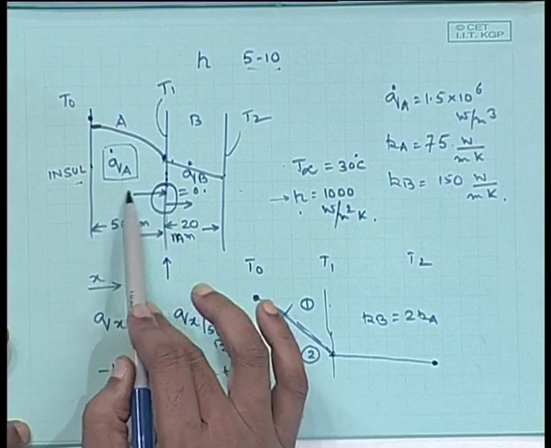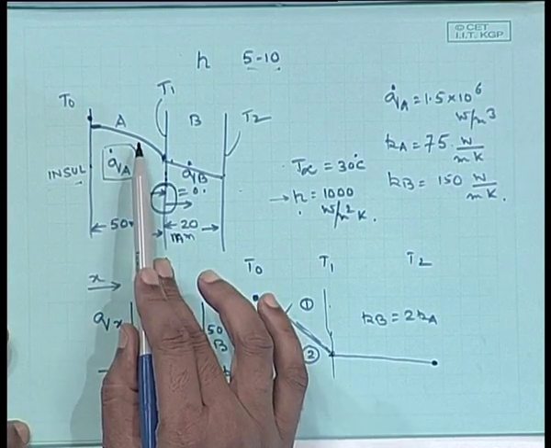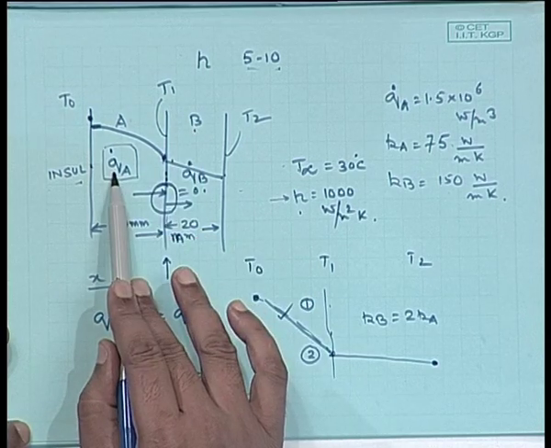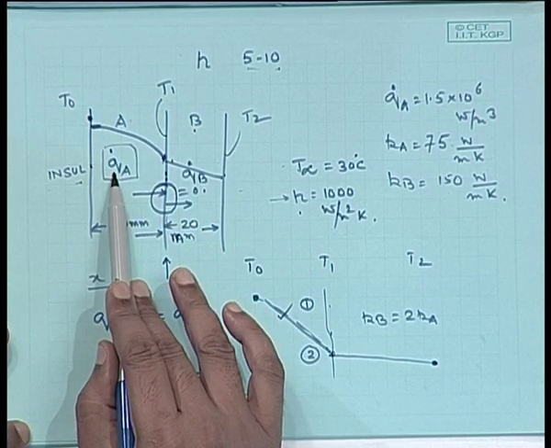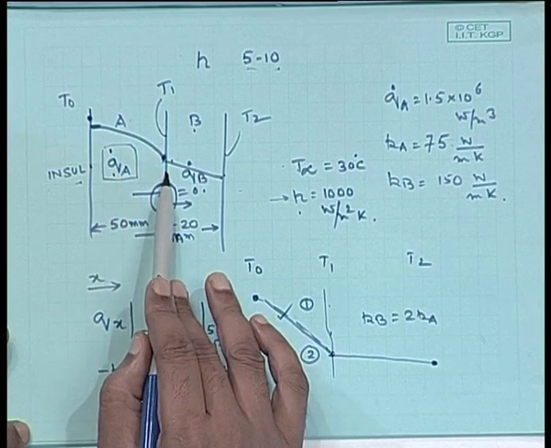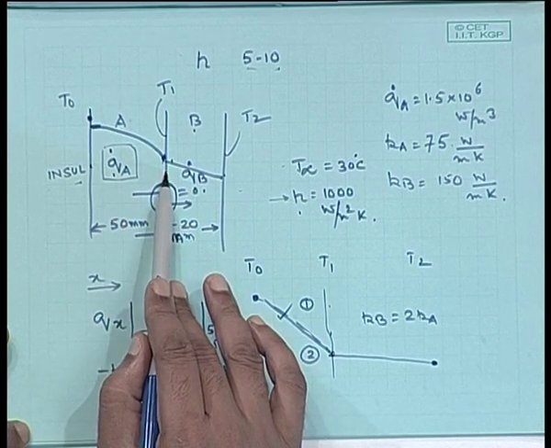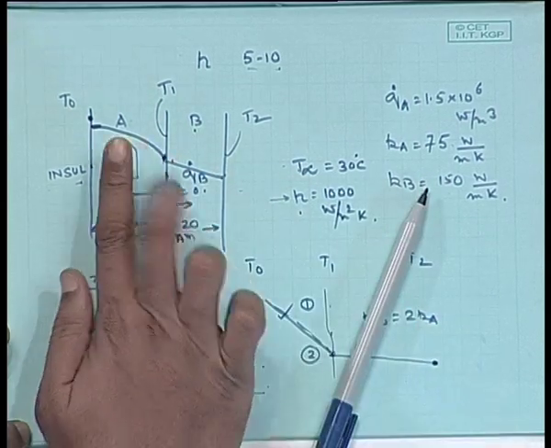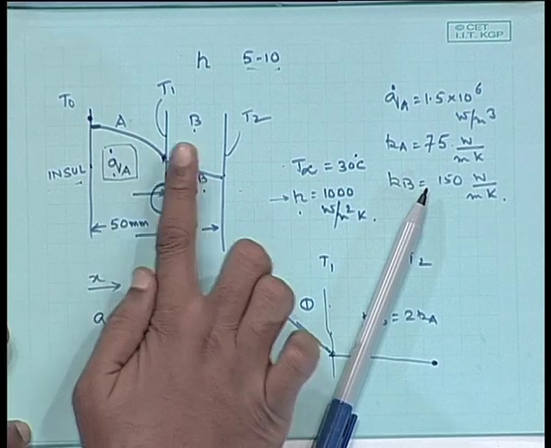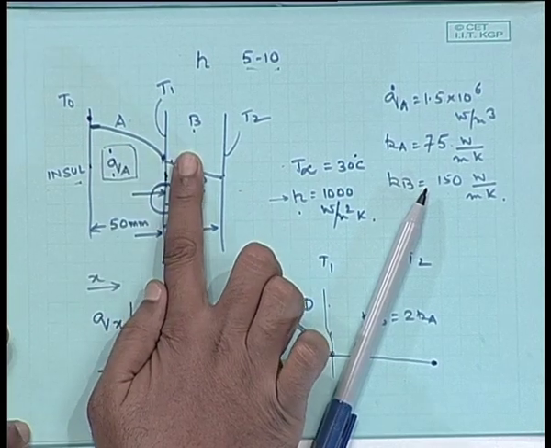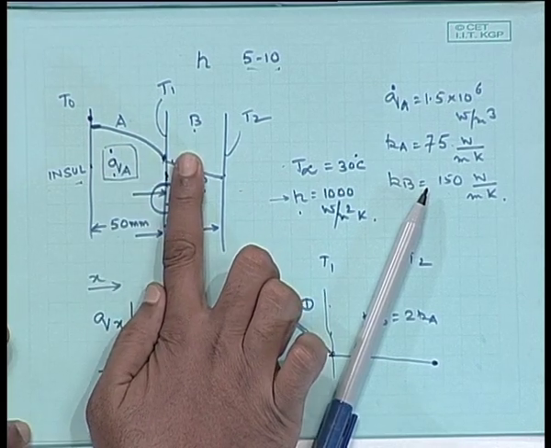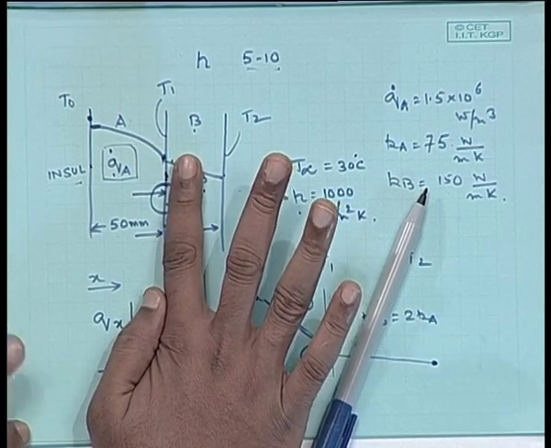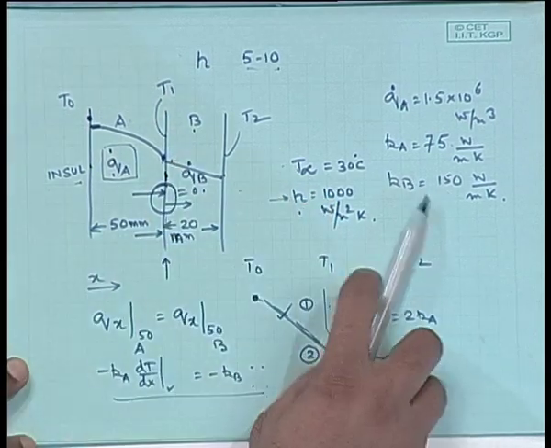What happens to the total amount of heat that is generated at this point? It gets conducted through B. So, q dot A multiplied by volume, which is total amount of heat generated, should be equal to minus k_B times area times dT/dx at this point. Total amount of heat generated in here should be equal to the conductive heat which is passing through B. Agreed? So, that is one condition which you may have to use.